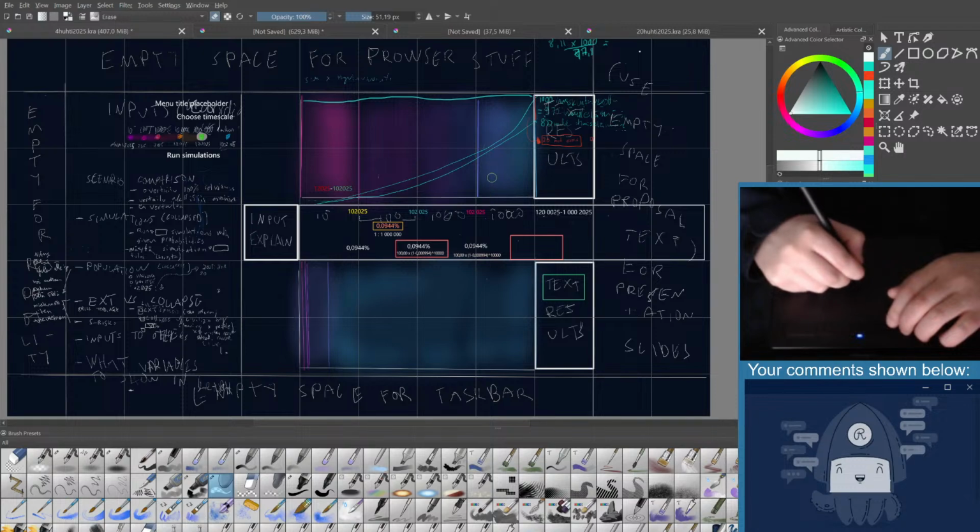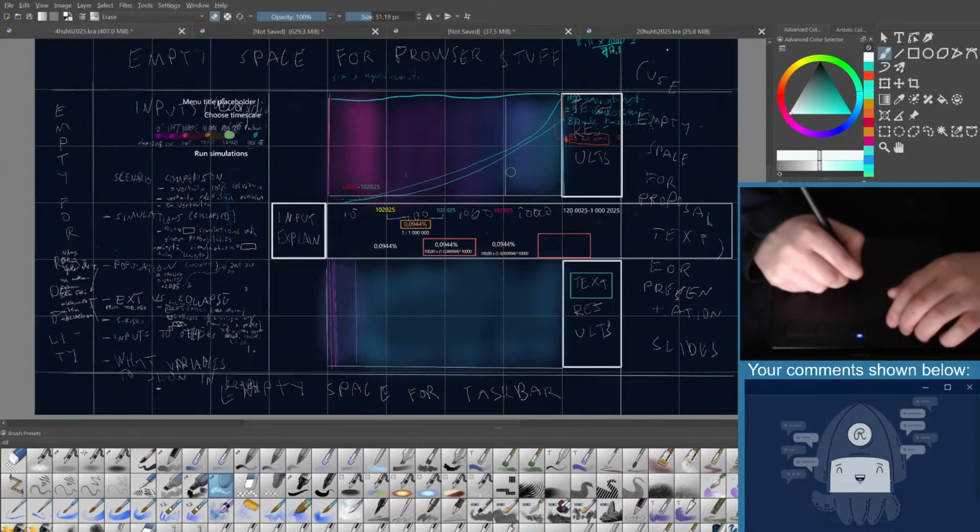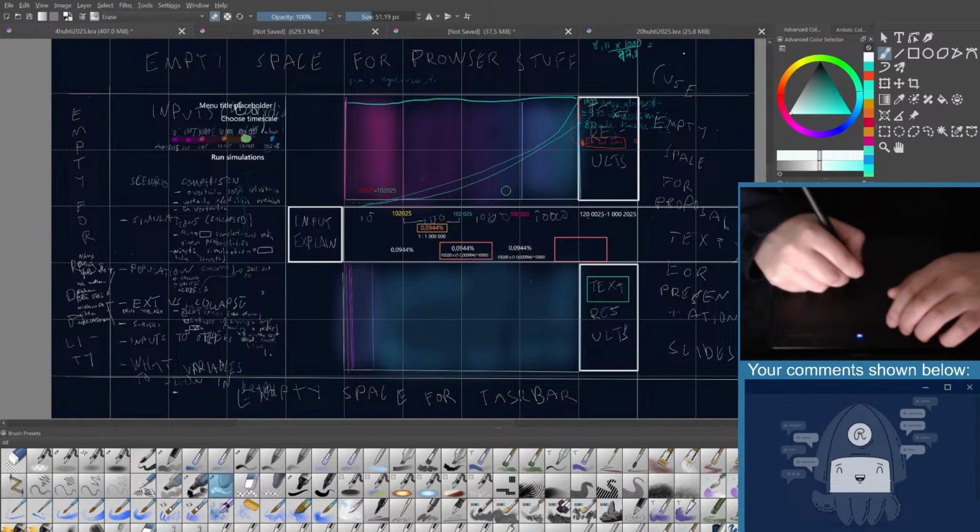So I think 1 billion is possible. It's not perfect, but I'm not sure a billion years would be an interesting timescale, because I think that's also